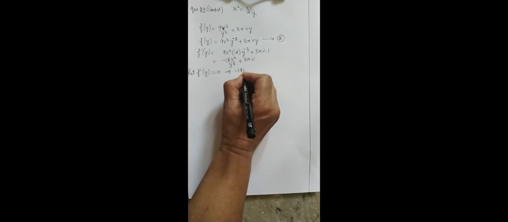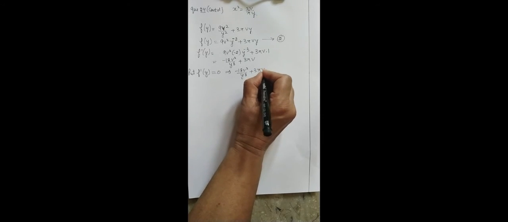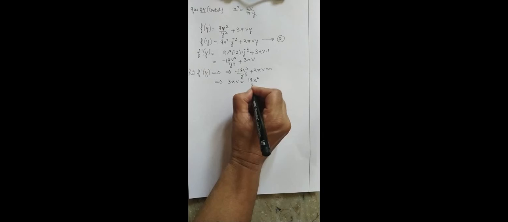Now let me put it as 0 for finding the value of y. So this becomes minus 18v square upon y cube plus 3 pi v is equal to 0, which gives that 3 pi v is equal to 18v square upon y cube,